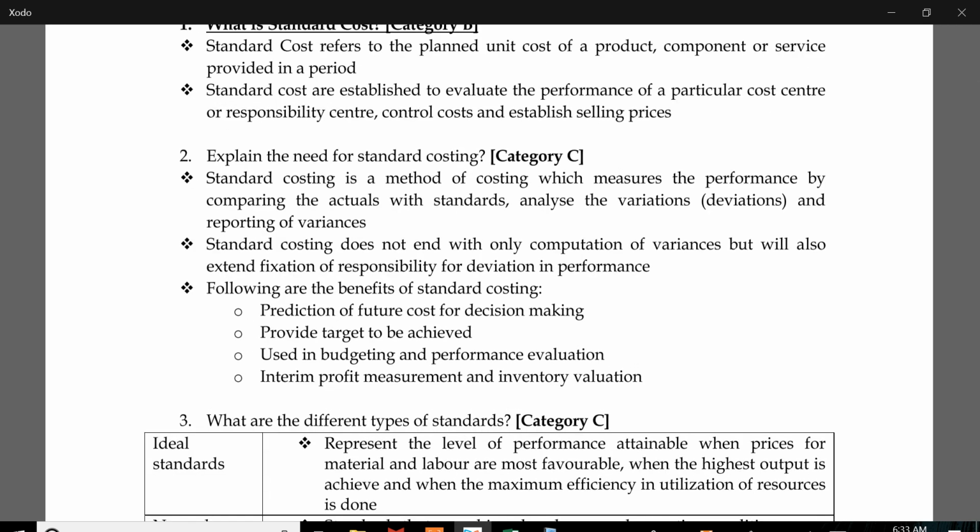Okay, today we'll start with a new area. This is one of the most important areas as far as costing is concerned. I'll give a broad overview about it and then we'll get into a detailed discussion. The area which we are going to see today is standard costing. Some of you could have gone through this at BCom level. For most of you it could be a new area altogether. Now coming to standard costing,